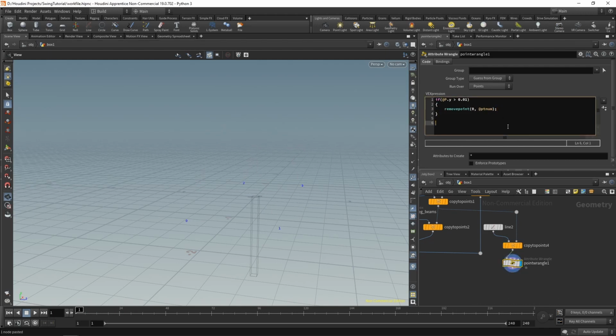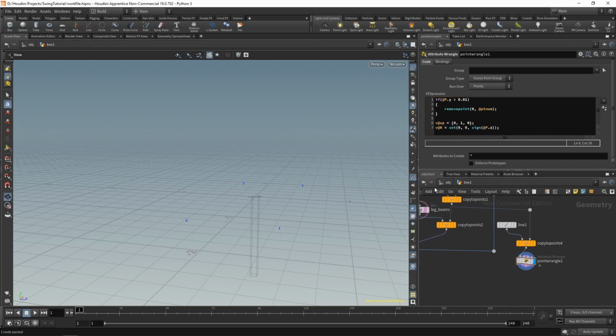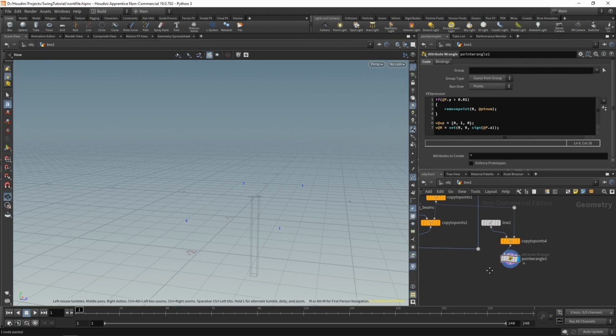Great. The normal direction I want to be, let's see, I want the normal to point straight out. So it's going to be a set of 0, 0, and the sign of z. So it's going to be -1 if they're on the back side and 1 if they're on the front side. And I want to set the up direction as, well, up. So now we have these 4 points that we can